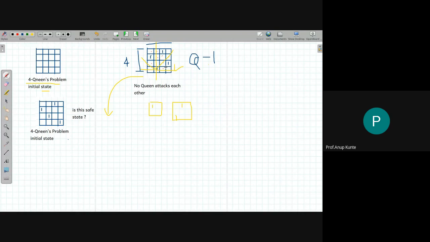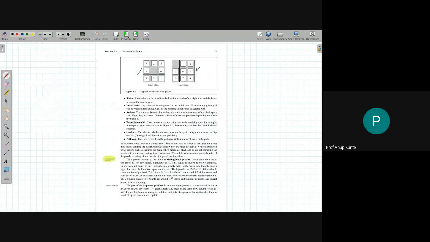What I just said. On the other hand, if I were to design a goal test for this particular problem, I already know what the goal state is. So I just put this state as one of the goal states and my problem becomes easy. Any state I want to check, whether it is a goal state or not, I will just match it against the goal and know whether I have reached the goal state or not. Okay, again, I hope this is understandable.